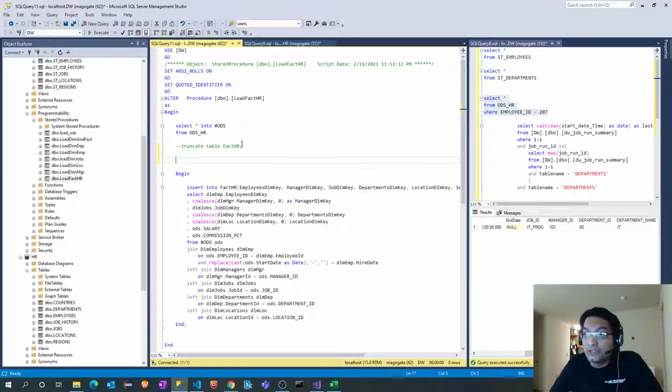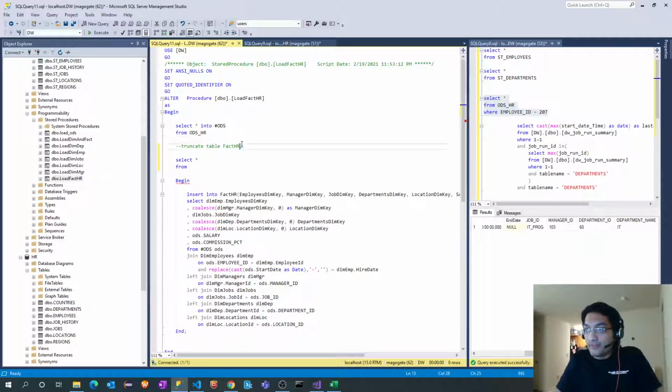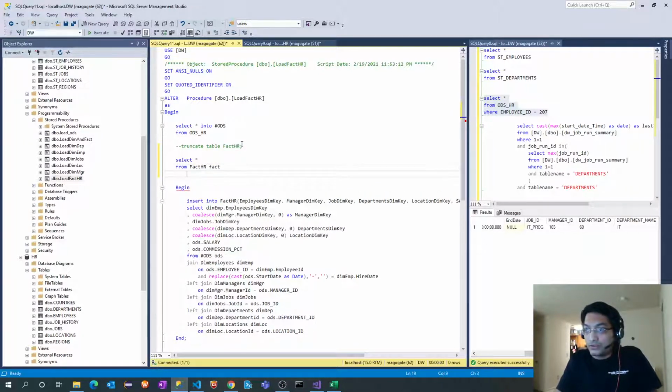Now in order to delete the records from our fact table, we can join our staging table, because now in our staging table we have only incremental or only a few records. So I will use the fact table first. I cannot join my staging table with the fact table directly. The reason being, in the staging table I have employee ID, whereas in the fact table I don't have that employee ID. So I cannot join the staging table with the fact table directly. For that I need to involve the dimension table.